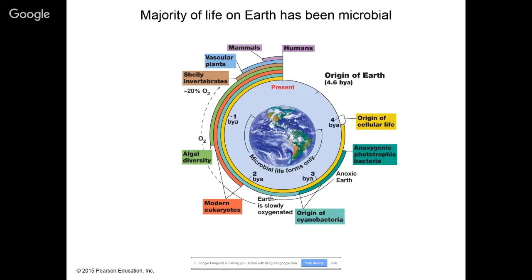And as geobiologists, we're really interested in trying to understand this interplay of coevolution of life and Earth, how life affected the Earth, and in turn, how the Earth affected the evolution of life. And so as geobiologists, if we really want to study the Earth in the past, and this interplay, we need to understand microbial life in the past as well. And so that leads to a challenge that we have in the field of geobiology: how do we study microbes in the context of Earth's distant past?